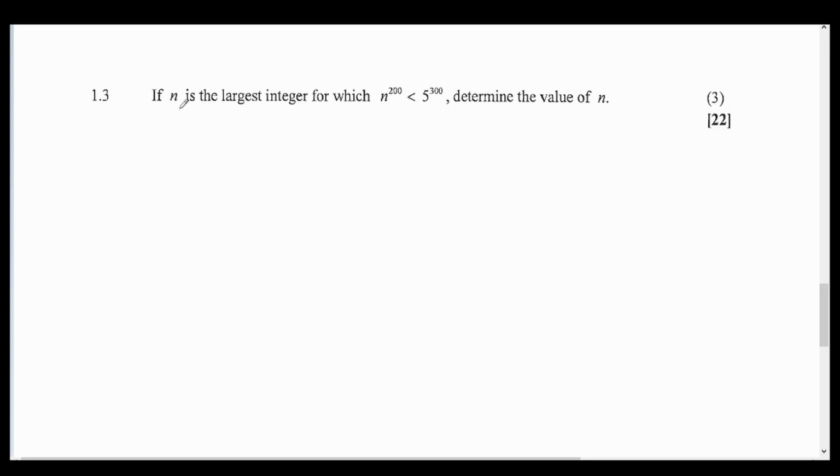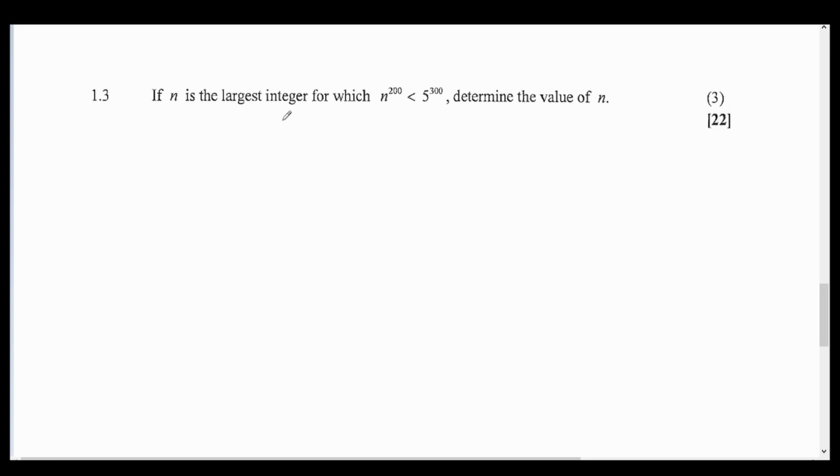They say if n is the largest integer, which value? Okay, little pause over there. Integer. I'm sure you know what an integer is. I think they taught it to you in grade 8. Integers are all your whole numbers, including the negatives as well. And they say, okay, so which is the largest one? Largest, maximum, the biggest. Okay. So for which n to the power of 200 is less than 5 to the power of 300,